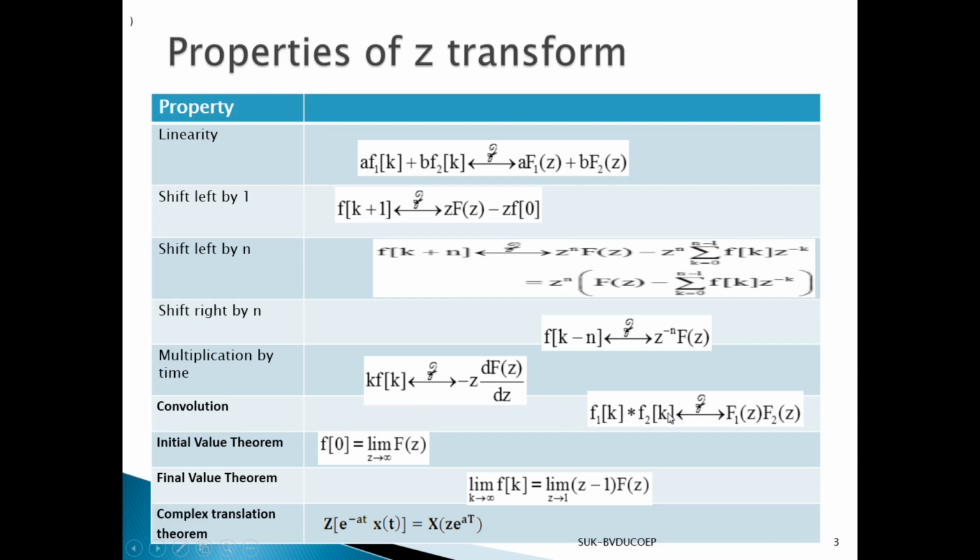Similarly, convolution. Convolution is actually the summation of sequence 1 and sequence 2. So in convolution summation, multiplication becomes summation, sequence 1, 2. Then the initial value theorem. This is also very important to find the initial value of the sequence, and the final value theorem to find the final value of the sequence. All the properties will be applied when we are doing analysis of the discrete time system. All are very, very important, and the students are required to remember and apply them or solve a number of numericals using these properties.